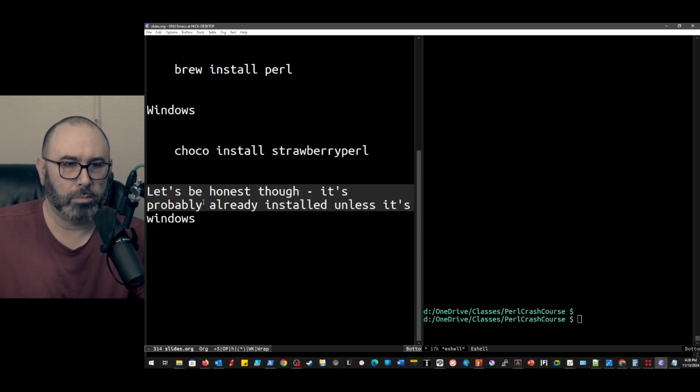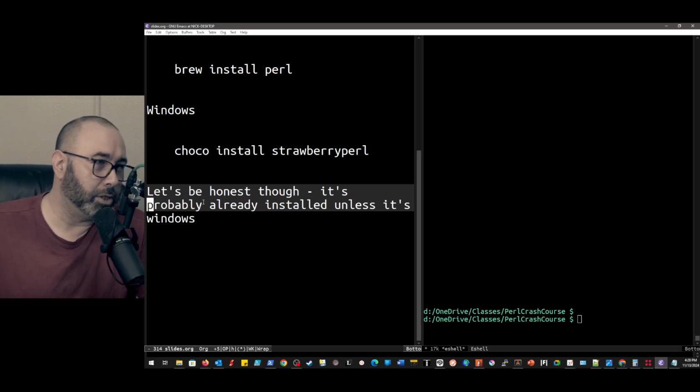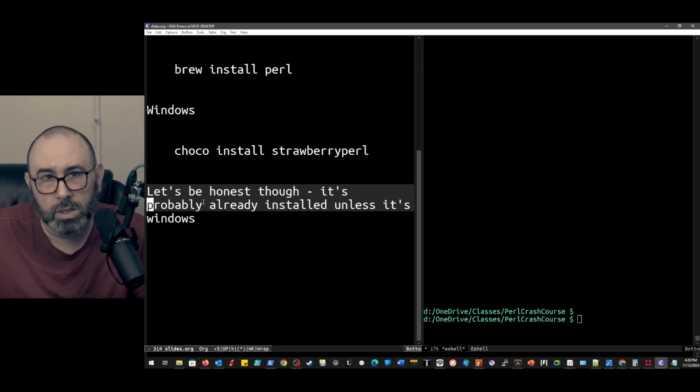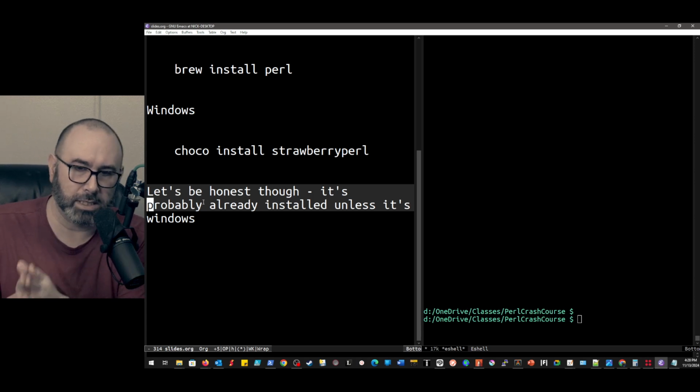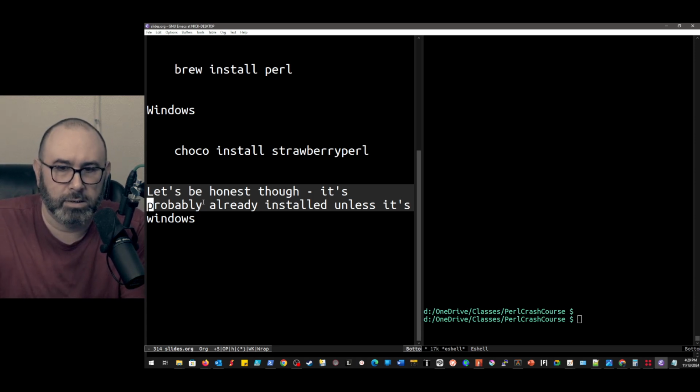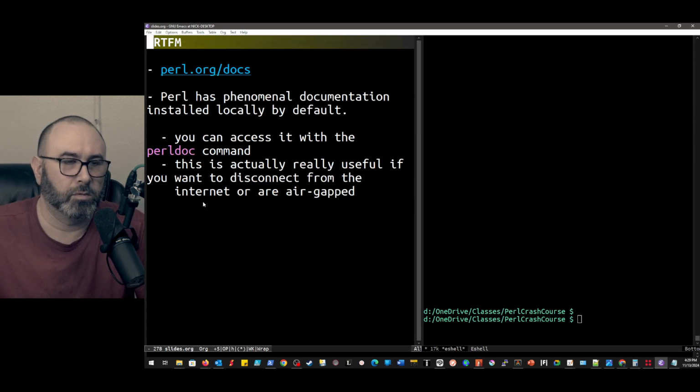If we're honest, unless you're running Windows, it's already there. And unlike other languages, you don't really care what version it is, as long as it's relatively recent, because of things like security patches. So it's fairly straightforward.